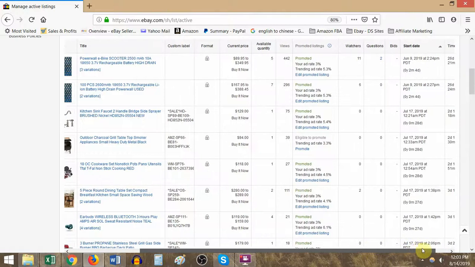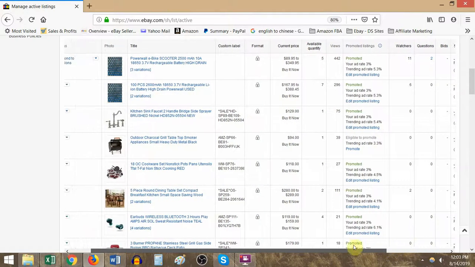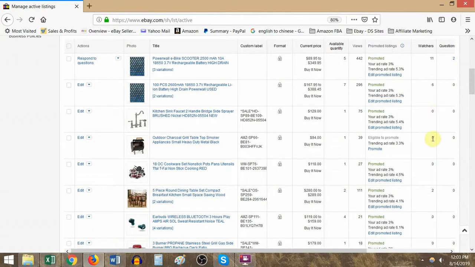Once you sort by that and you see that the item has not made a sale, you want to go to the watchers column. Leave this one here because 2 people are currently watching the item, most likely to see if the price goes down. And if the price goes down, sometimes these people who are watching the item will get an alert on their phone or on their app or on their email or even their eBay when they log in, and they might purchase the item. So if there is a watcher, you want to go ahead and leave that item in the store, but these 3 items that do not have watchers, you're going to end the items because it has been